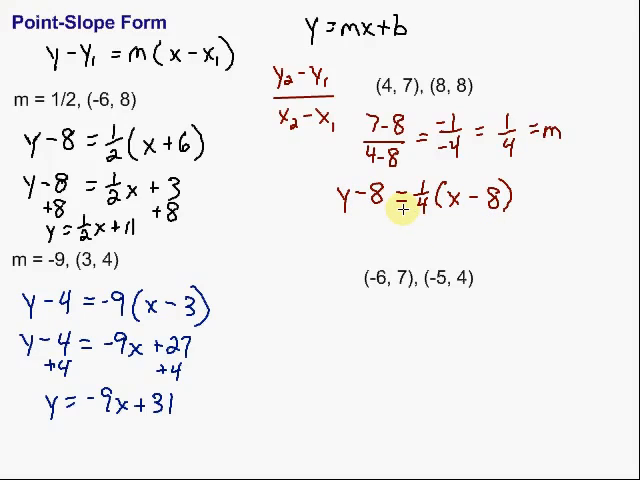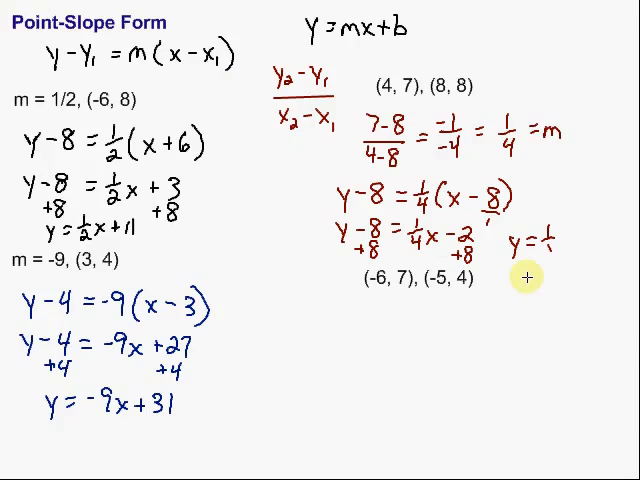Then I go ahead and simplify. If I'm asked to write it in slope-intercept form, and let's assume that we are, so go ahead, y minus 8 equals 1/4 times x is 1/4 x. 1/4 times negative 8. Remember, multiplying fractions, we multiply on top and then on the bottom, so negative 8 over 4. Simplify that would be minus 2. Then get the y by itself by adding 8 on both sides. Then we're left with y equals 1/4